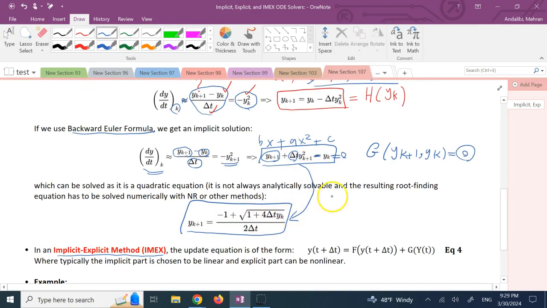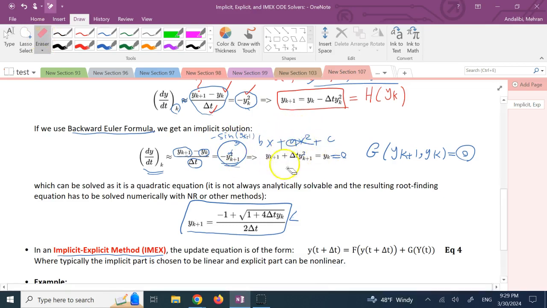Now, most of the time, it's not that simple. For instance, if this was cubed instead, then the analytic solution, although still exists, is quite a bit harder to find. Or if this function was a little bit more complicated, so you had some further extra terms and so on, or maybe I had something like negative sine of y of k plus 1, then this equation becomes